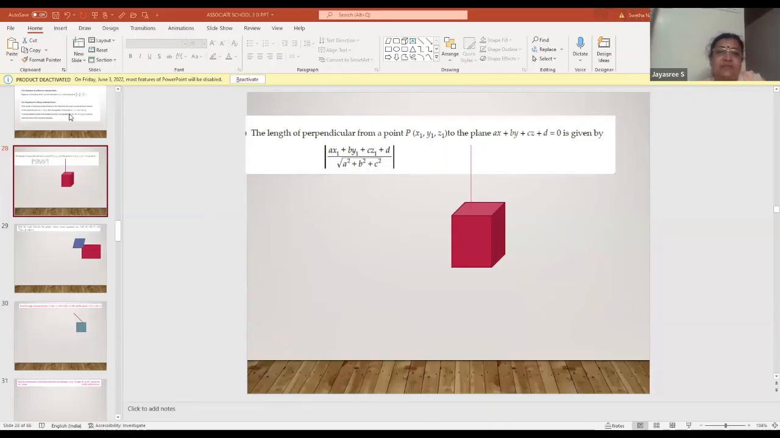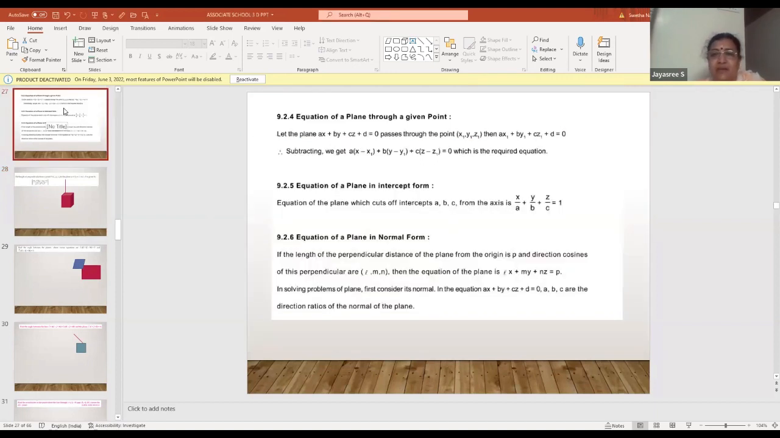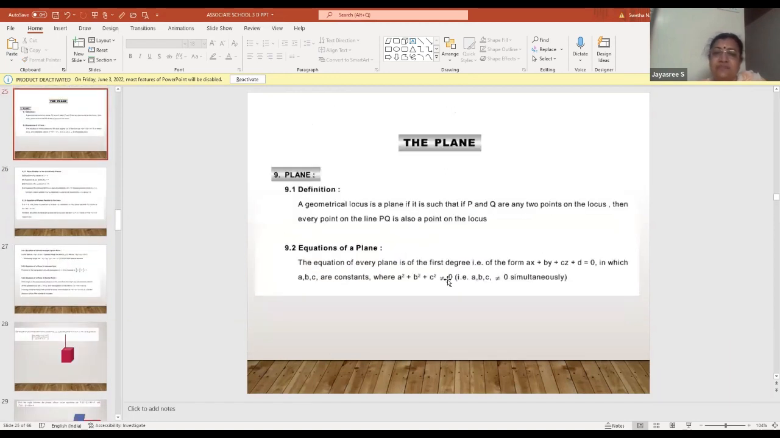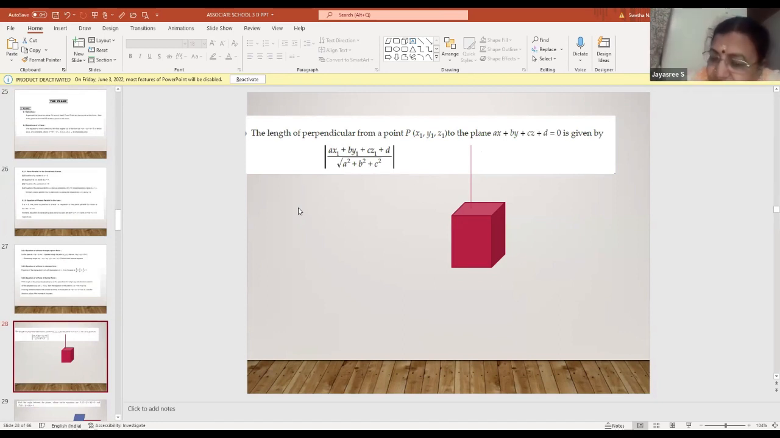We just discussed the equation of the plane in normal form, intercept form, and passing through a point, and then the Cartesian form and vector form. That is done. The next concept we have to talk about is, as I told you,